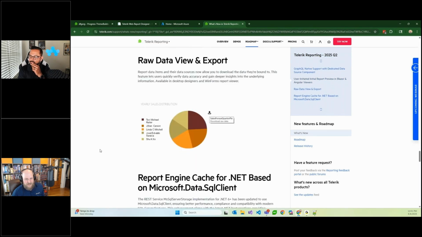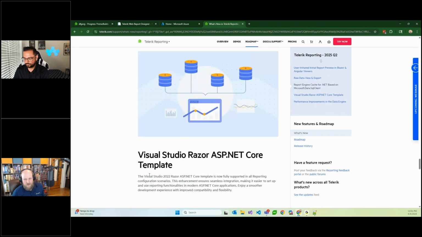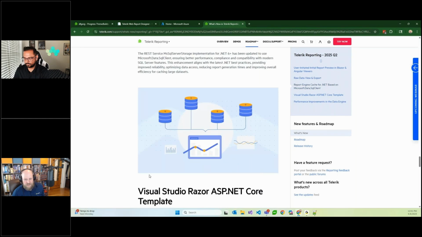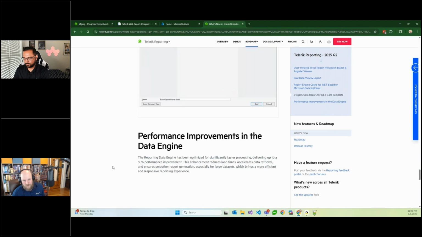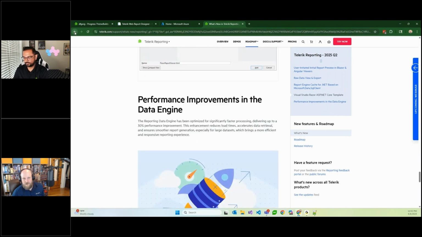We also have the ability, this was actually something that was asked for a lot, raw data export in reporting. So this will give you the ability to just take the backing data that's in the report and export it in a raw data format for use in any other secondary processing, data scientist roles or anything you might want to use to take the data out of Telerik Reporting and put it into some other type of analytics engine, for whatever reason. That was a cool feature. And the other ones were some caching and just some performance and templates and just some general improvements. But the noteworthy features for Report Server